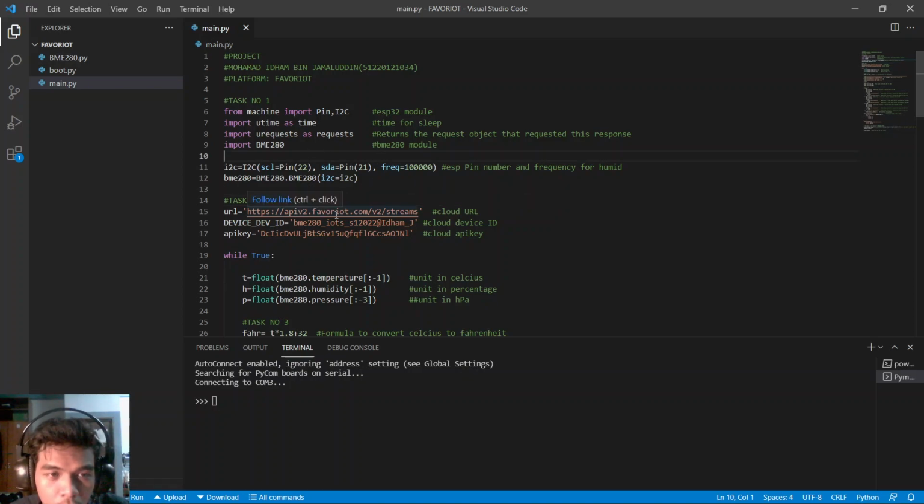So in Favoriot, we have to put the URL, device ID,